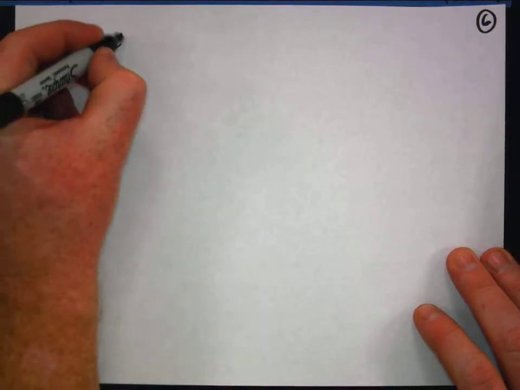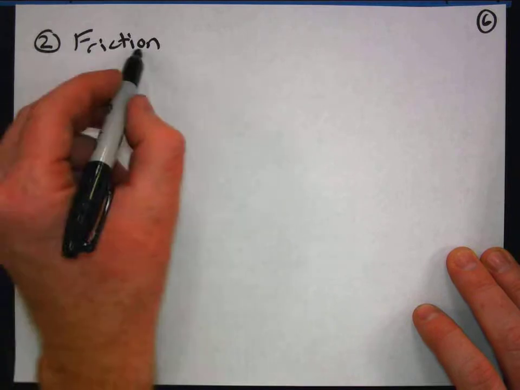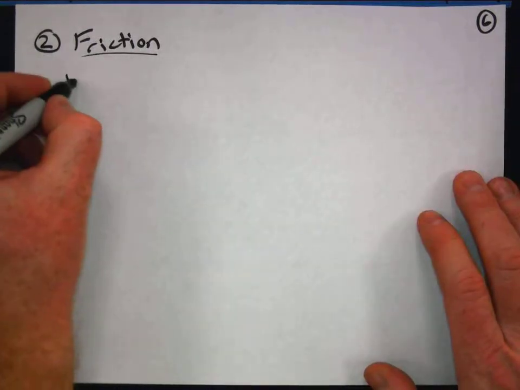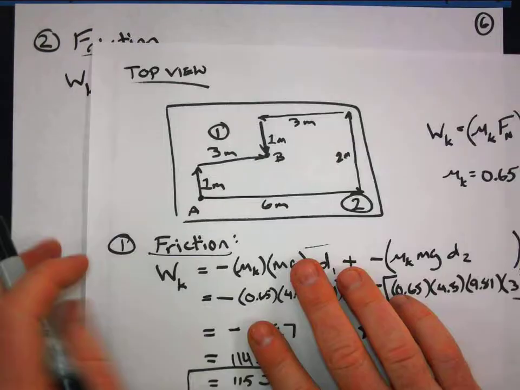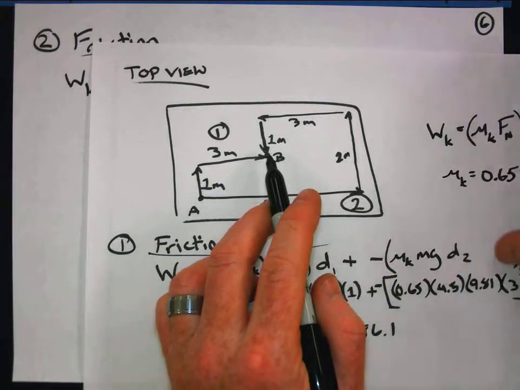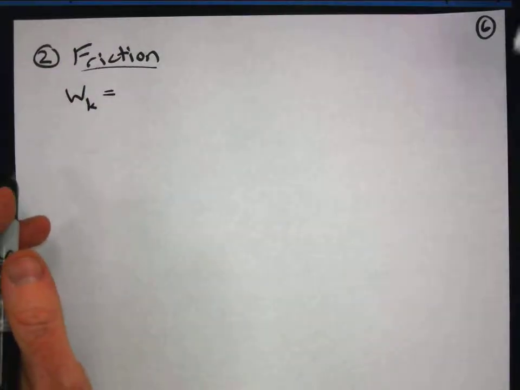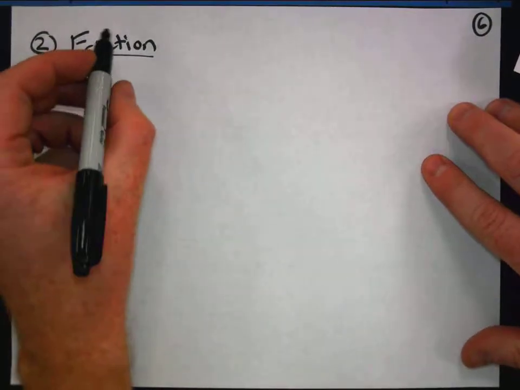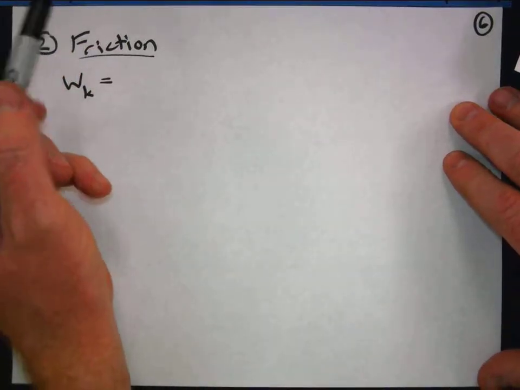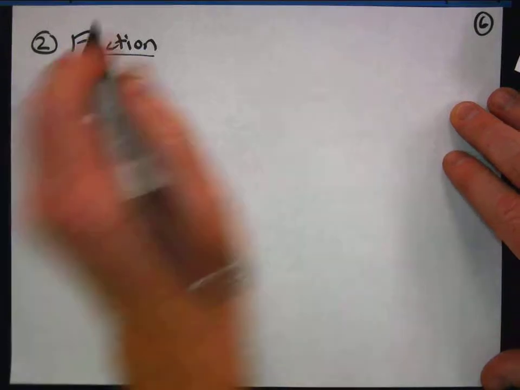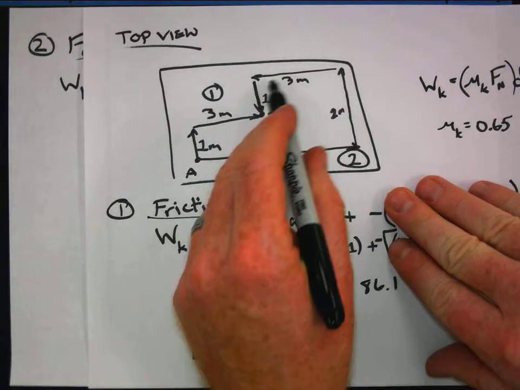Page 6. So for friction on pathway 2, the work done by kinetic friction. Well, I know that there are these 1, 2, 3, 4 different segments along this pathway. Each of those segments has a given distance. And so I'm kind of saying to myself, well, all right, look, I know that the work done is going to be a negative value because along each segment, no matter which direction we're traveling, friction is going to oppose